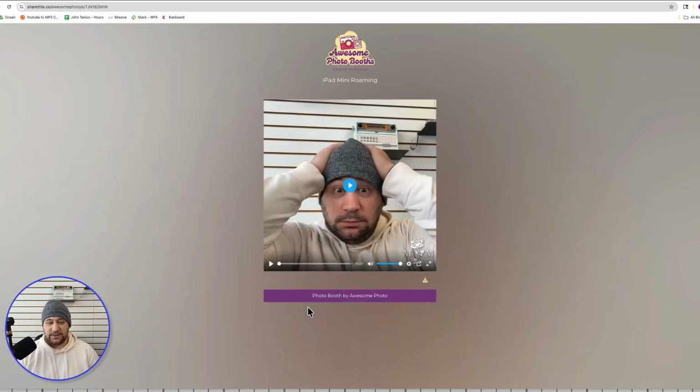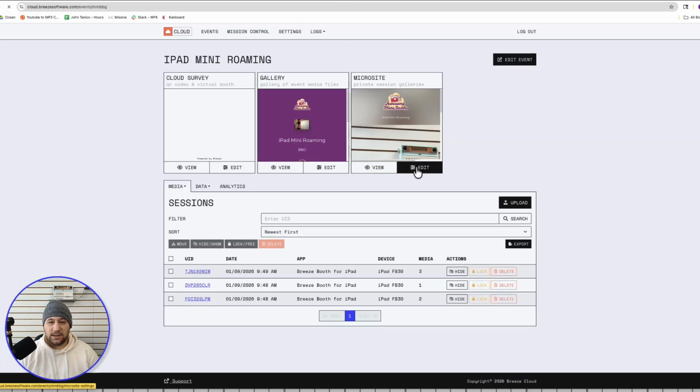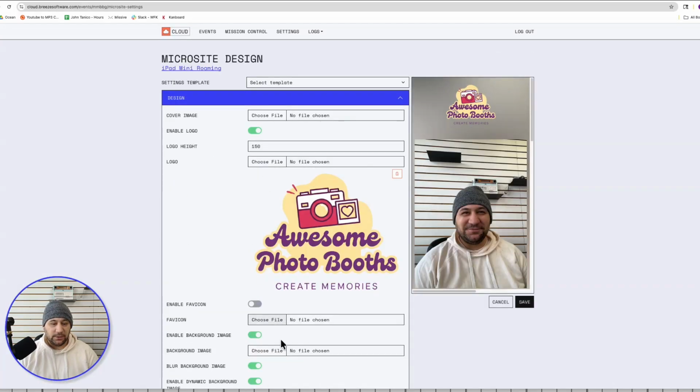So the background is physically the image of me here, but it's blurred. So this gives you a way to dynamically change each microsite background based on what the actual media uploaded is. Let's edit that quick. And if I turn off the blur and then save it,